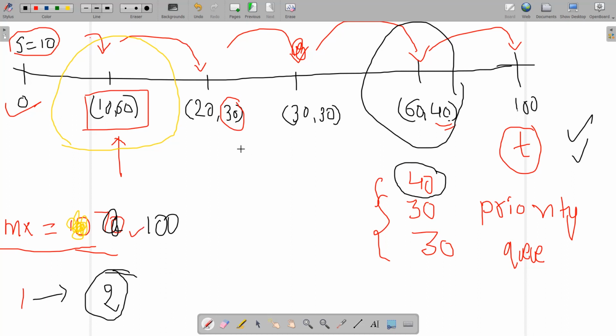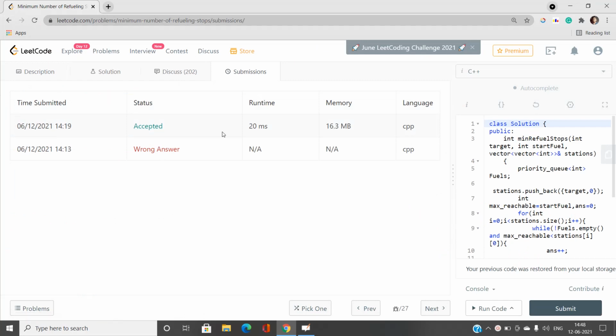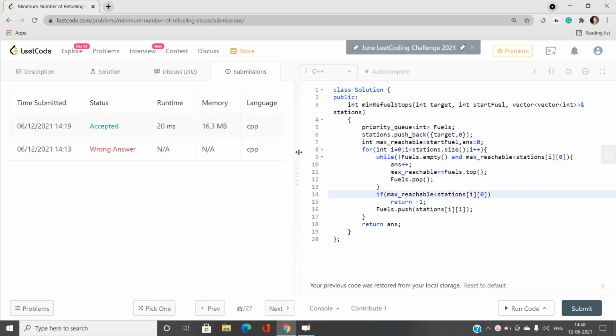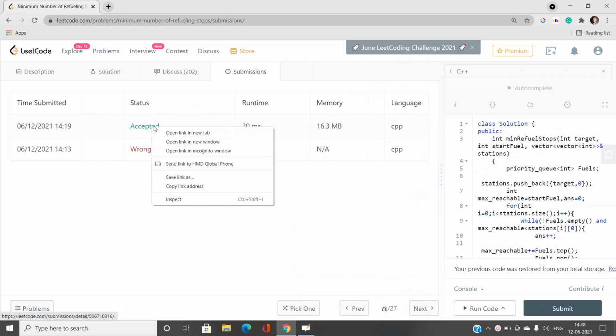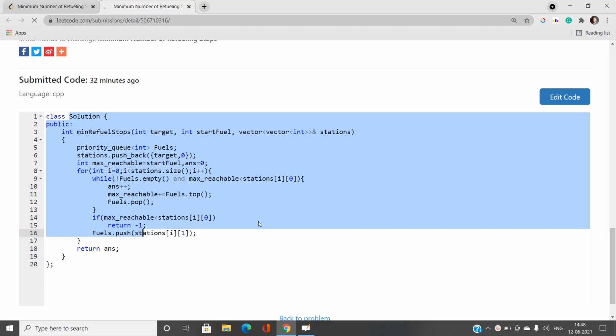So let's move further to find out the coding approach. Okay, so you can see I've submitted some codes. The first one gives us the wrong answer because I've missed some very small foolish mistake. So don't worry, if you debug your code, then you can easily find your mistake. Okay, so this is basically the priority queue solution that I'm going to talk about now.